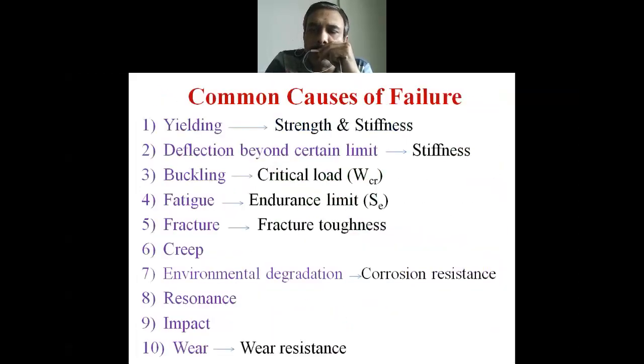Yes, sir. Okay. So coming back to the different kinds of failure we are discussing. To take care of yielding failure, it is very necessary that you ensure strength and stiffness, these are the two parameters which are considered. And in this, for ductile materials you take care of yield stress, whereas for brittle materials, you don't have a yield point, so hence you take it for ultimate strength.